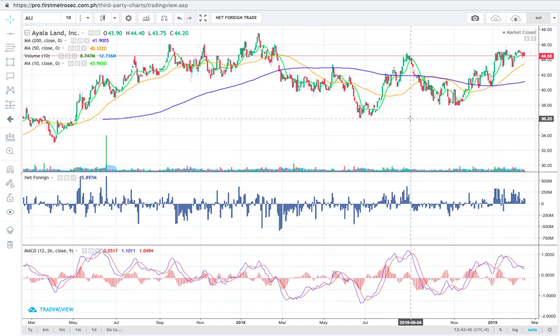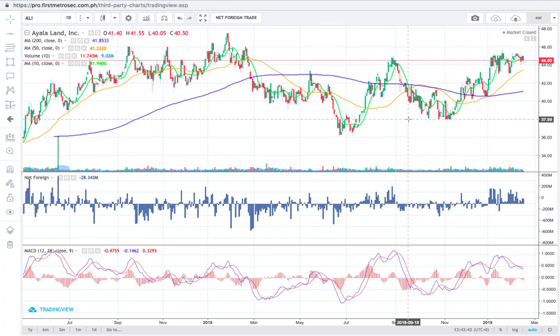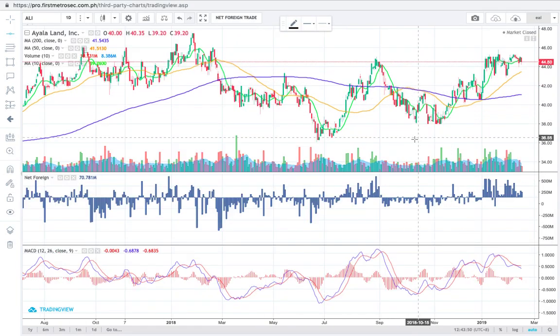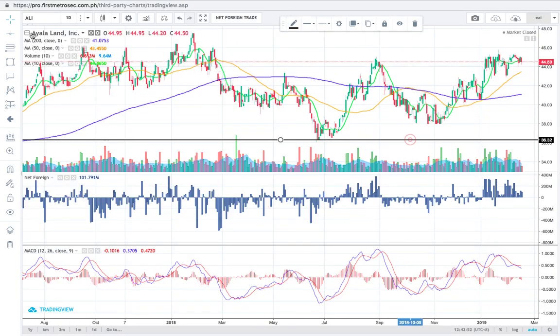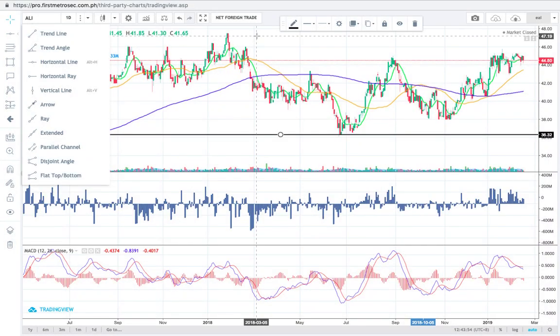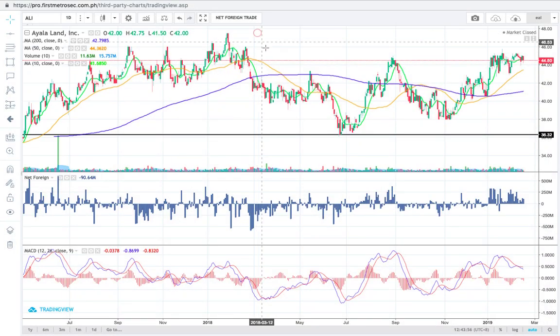Okay, all right. Now, where do you think we should plot the support here as well as the resistance level? Okay, here I'm going to plot the support first. Here's the major support and the major resistance is over here. Again, the support is at 36.32 and the resistance is,